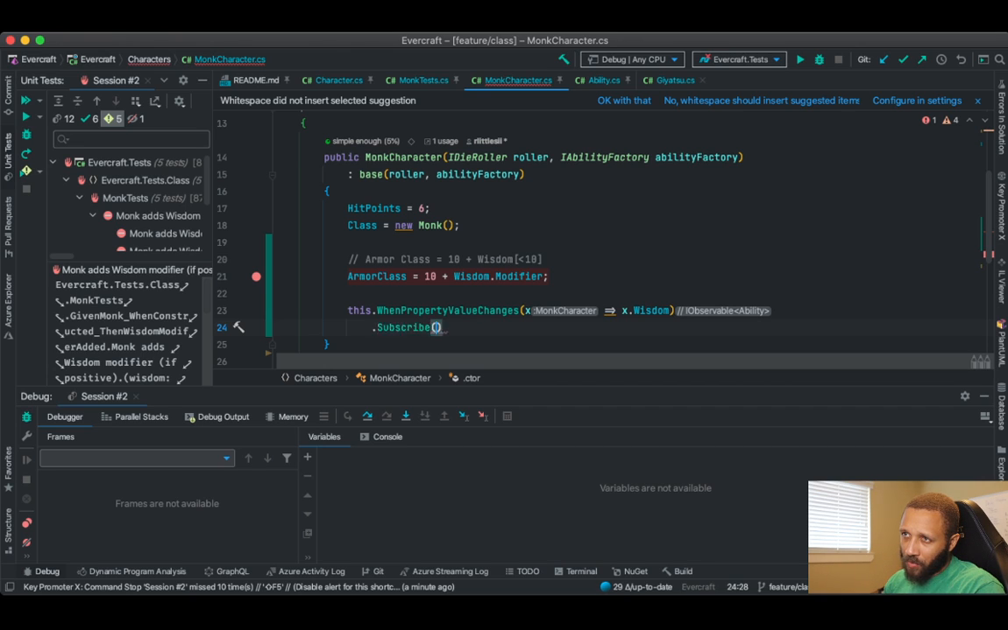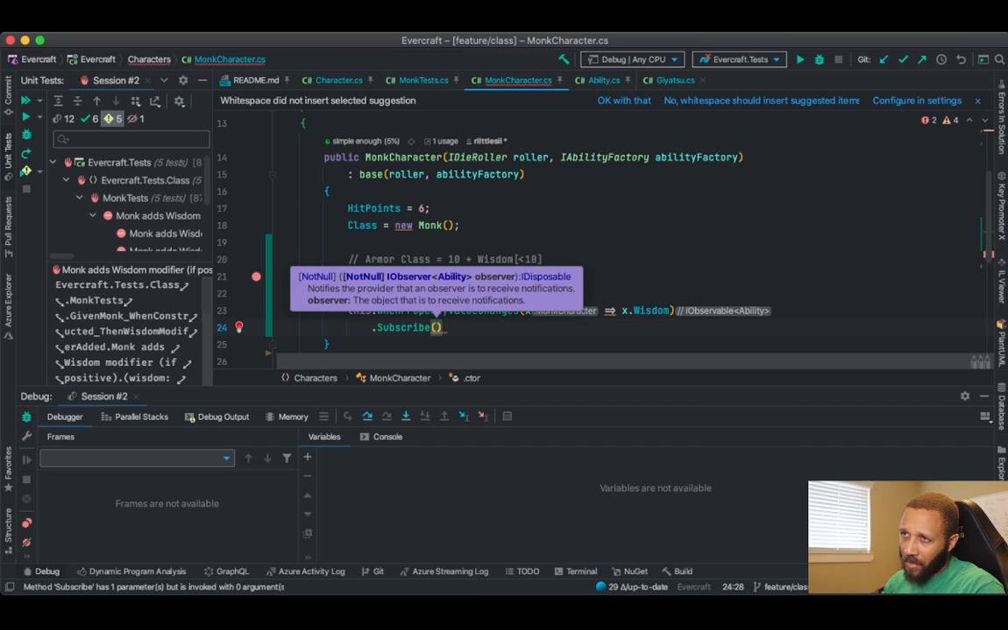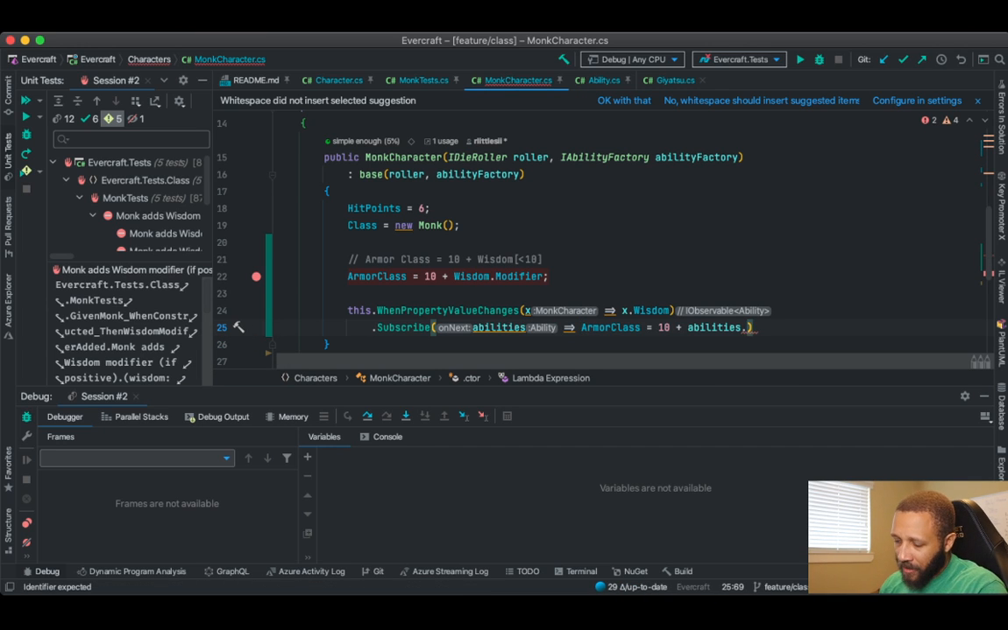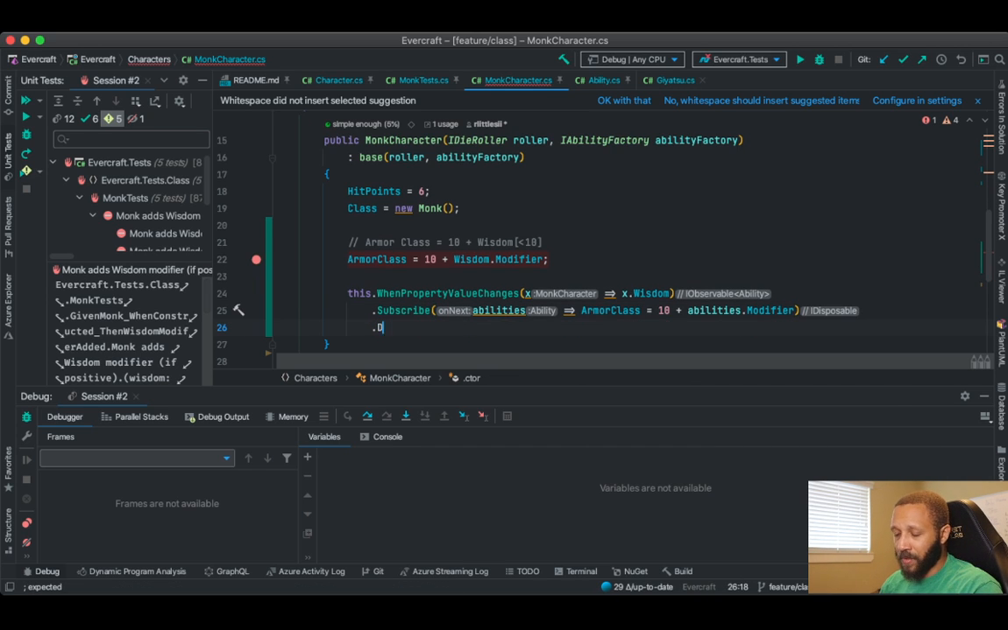So we're gonna do a subscribe, and in our subscribe, we're gonna take our ability. And we're just gonna plan for the future. And we're gonna say armor class equals 10 plus abilities. Are you gonna do this too? Okay, we don't recognize RX today. Plus modifier, right? And we'll do about dispose with